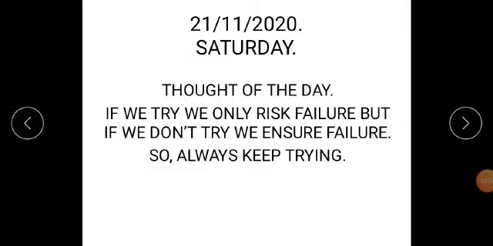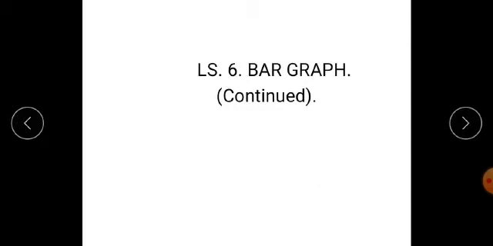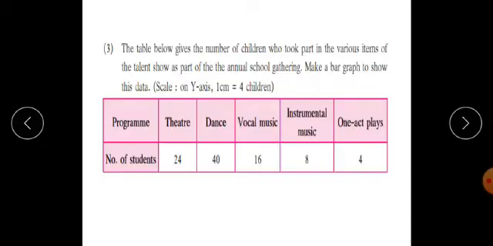So, thought of the day. If we try, we only risk failure. But if we don't try, we ensure failure. So, always keep trying. Students, before our vacation starts, we have started lesson number 6, that is bar graph, and